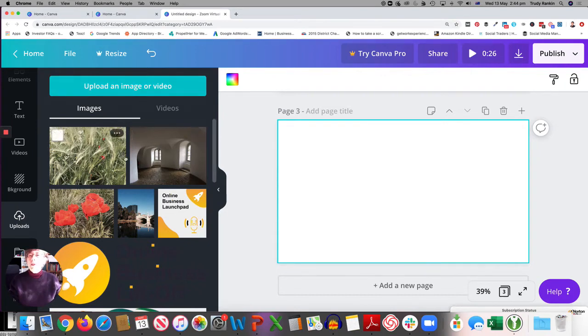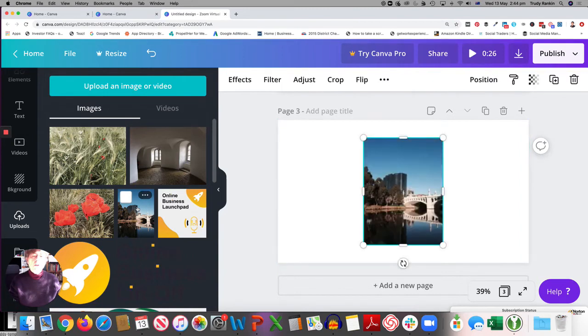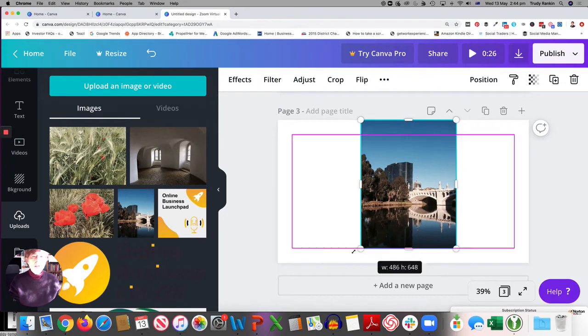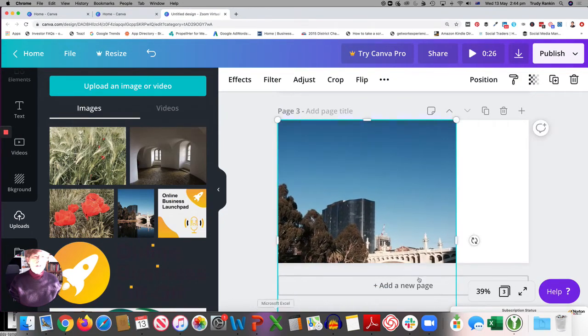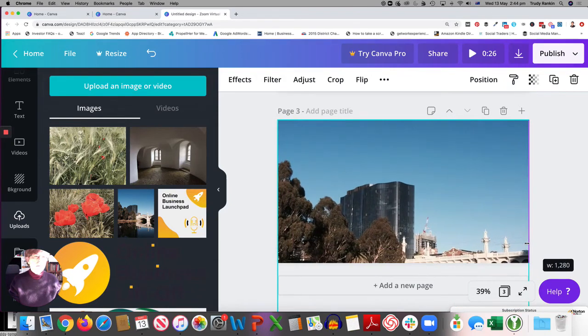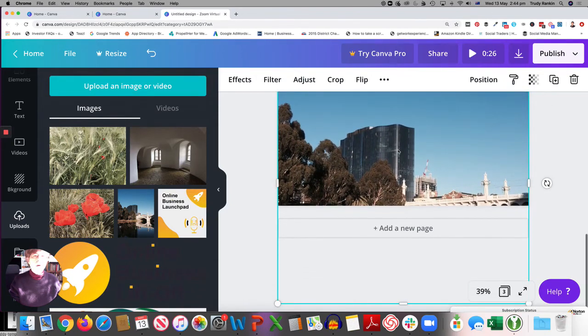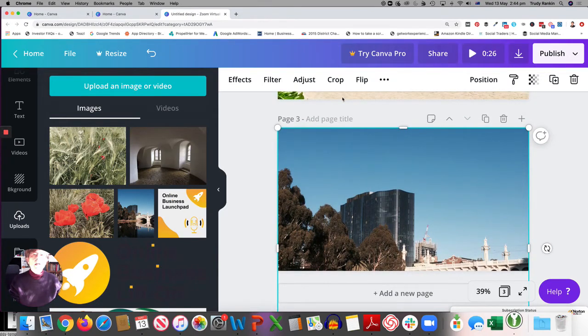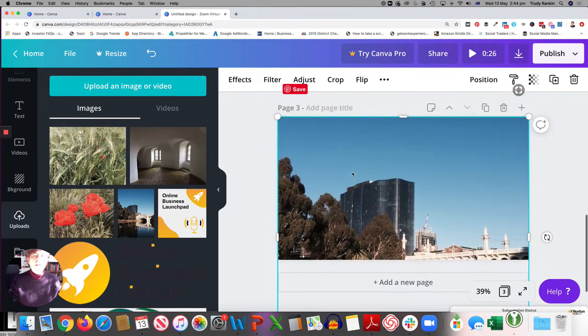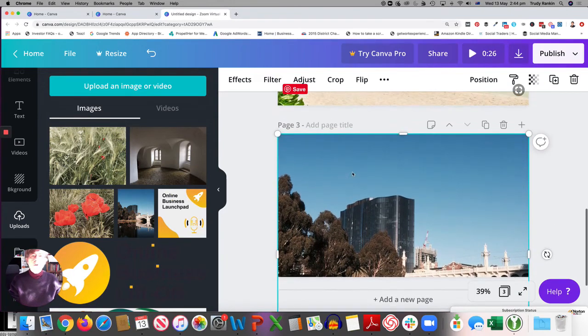Now, I already have some preloaded in here, so you can choose a number of different ones. If I pick this one, I'm just going to show you what happens. You'll notice that this image isn't particularly well suited for a background, and if I was going to use it, I would have to tweak it so much that it just probably wouldn't work so well. You can adjust it to some degree, but it's not massively well suited for use as a background image.